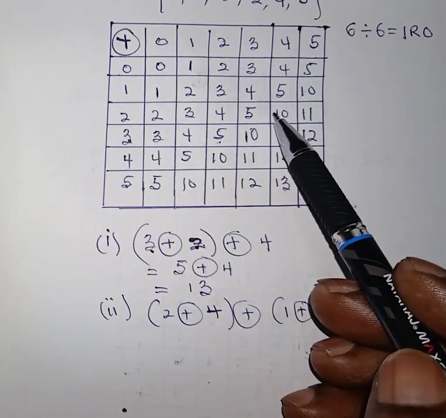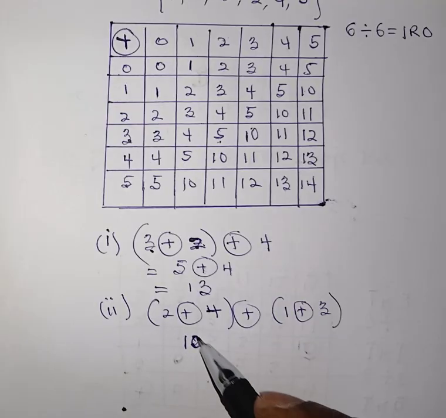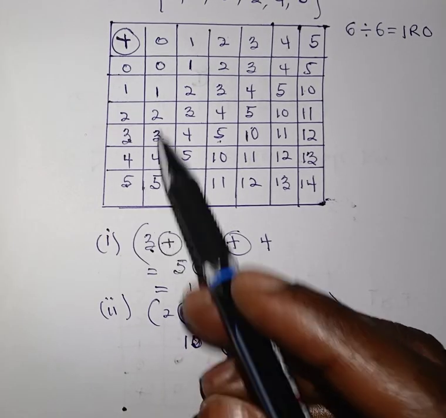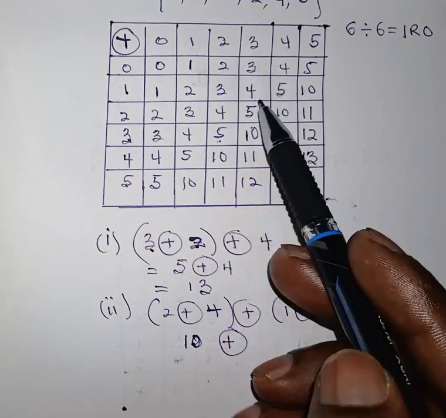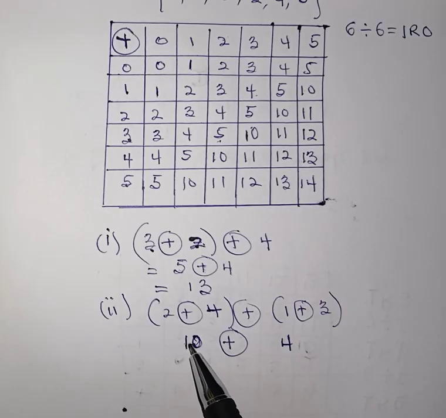So 2 is here and 4 is here. So it means that this is 10. Then plus, so 1 and 3. 1 is here. What is my 3? 3 is what? So it's 4. Okay, good. Now once you have 10, 1 0 here, and then you have 4 here, you are going to